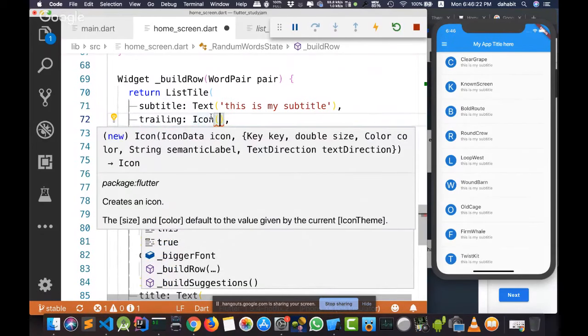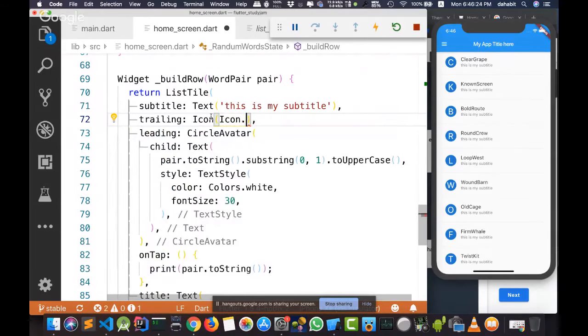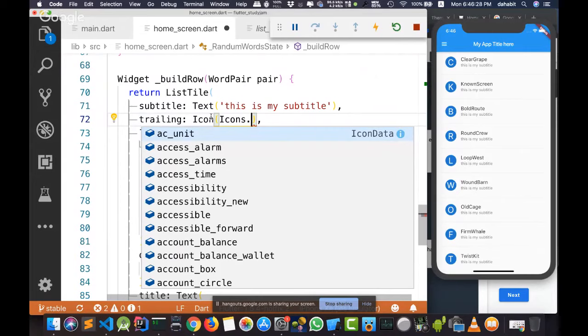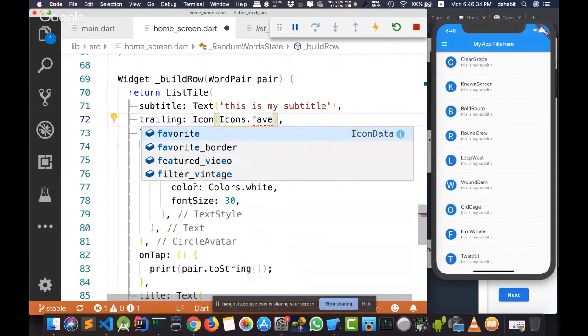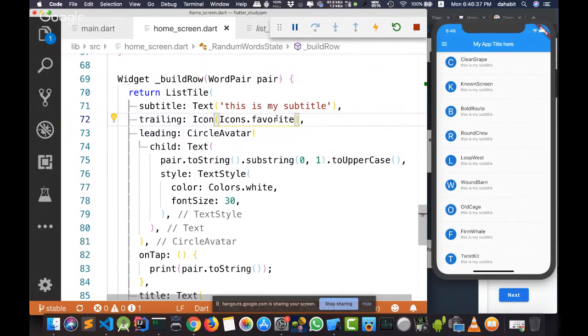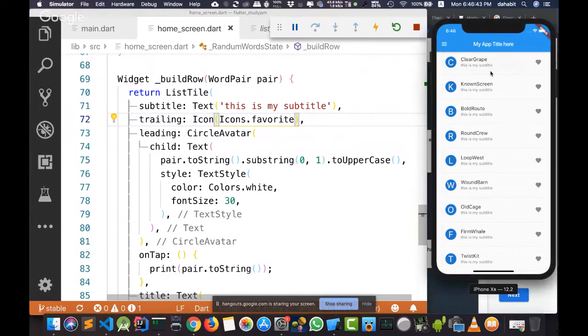called Icon. And inside this Icon, there is another static class called Icons that gives me the Material Design icons for free. For example, I need the favorite icon. When I press Command S, or Control S if you are using Windows, the heart icon appears.